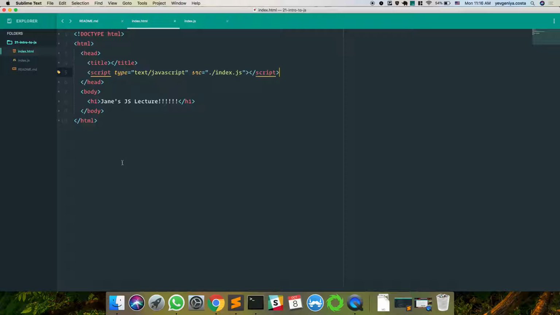So this file is read top to bottom. If I had a lot of stuff going on in my JavaScript file, not just a console log, but like making requests to a database and trying to load a lot of stuff, the file would be read top to bottom and this would hang up everything else from loading. And it's not a very good user experience. Usually users will go on your site for like 2 seconds. If it doesn't load, they're going to leave your site. So you don't want to do that.